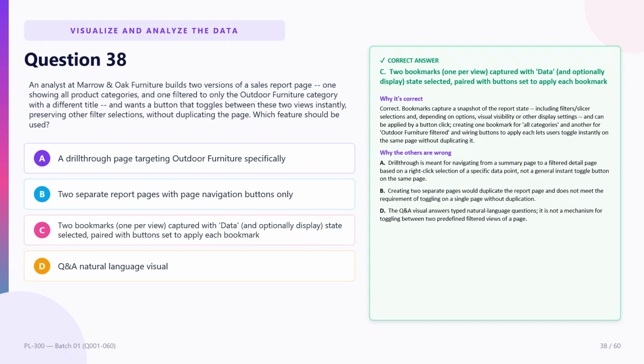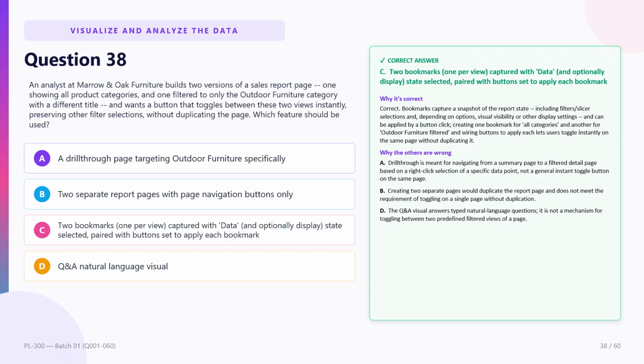The correct answer is C. 2 bookmarks, 1 per view, captured with data and optionally display state selected, paired with buttons set to apply each bookmark. Here's why. Bookmarks capture a snapshot of the report state, including filters, slicer selections, and, depending on options, visual